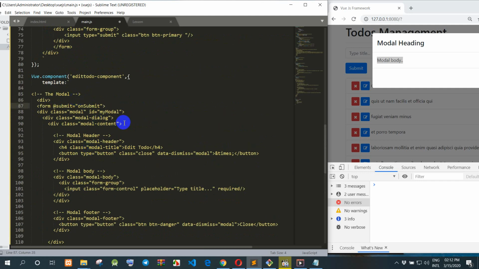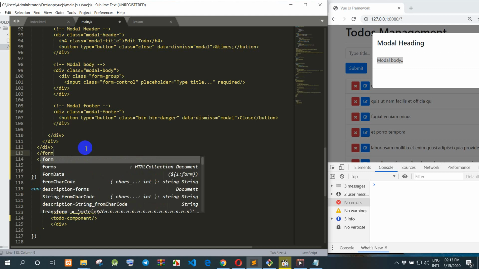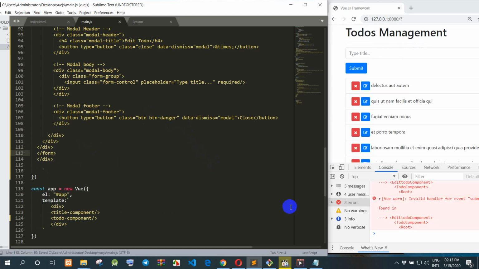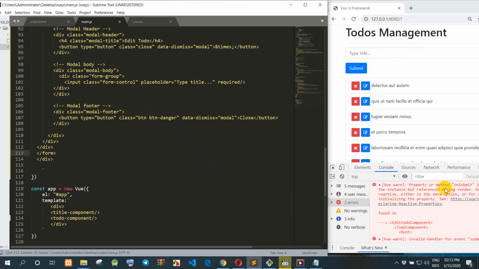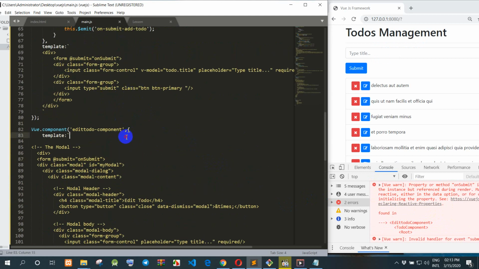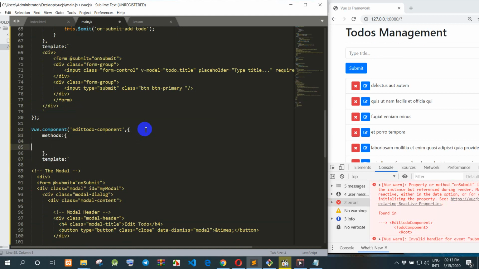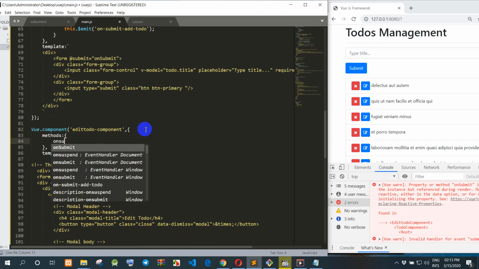Okay, we add a form and close form here. Okay, when we create already, but the function is not yet defined, so we create a function method on submit,